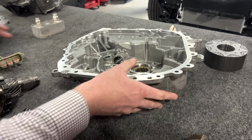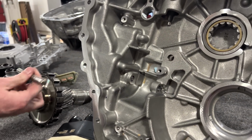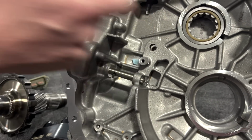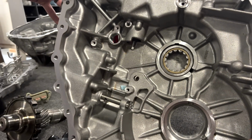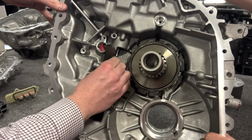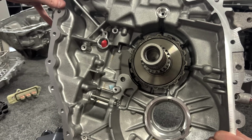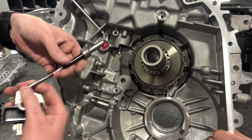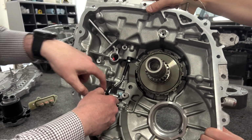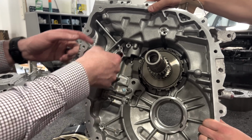But since we're finishing up with the park pawl assembly, you can kind of see here, this is where the shaft would be coming into the vehicle. And you get to see just the axis changes. So we want this to plunge forward. This essentially comes and grabs the park pawl assembly, which is riding on this bearing here. So it's going to be difficult. And then this would grab. And then here's all the rest of the actuation, again in a different axis, that plunges up. And of course, there's a cap for this because they have to machine and get to this point. So there's just a lot of complexity here from the parts themselves,